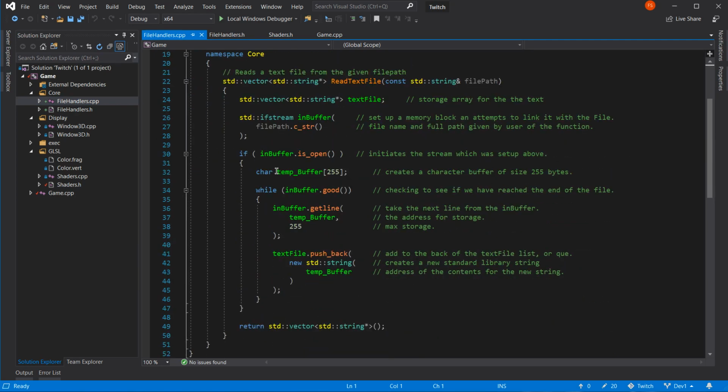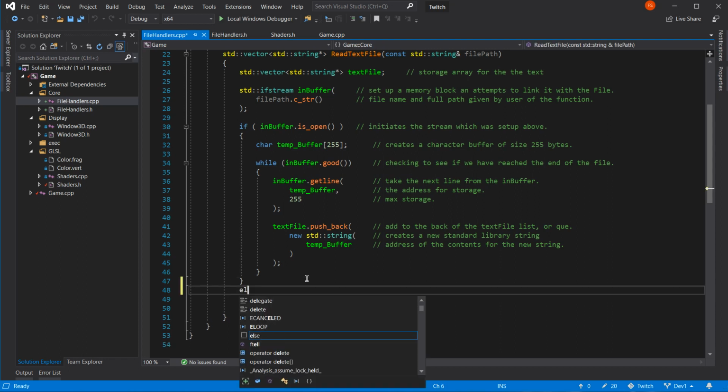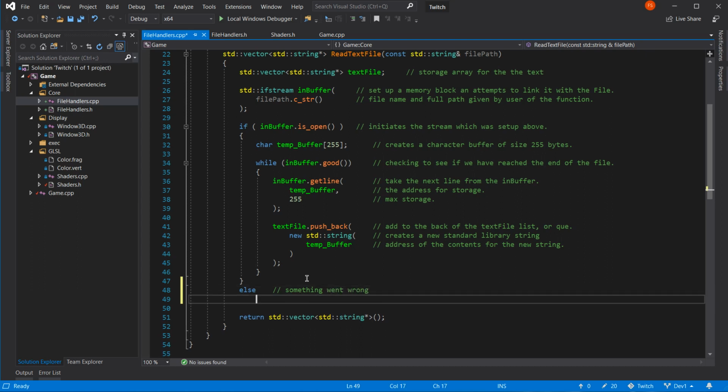Good, it sorted itself out. That is rubbish. Microsoft, get it sorted. So if it isn't open, something's gone wrong, hasn't it? Yeah. That'll do.